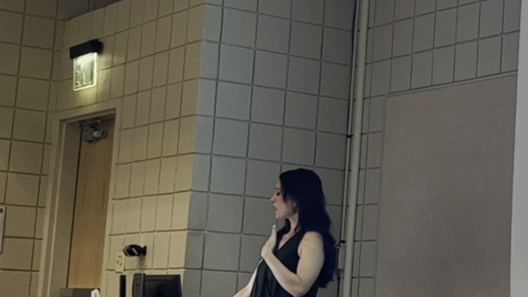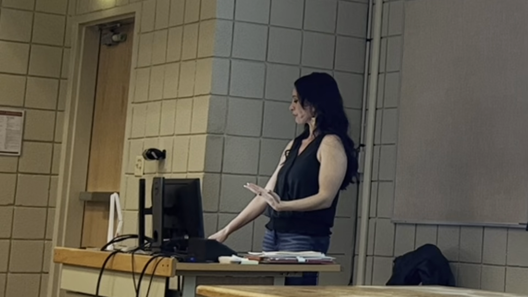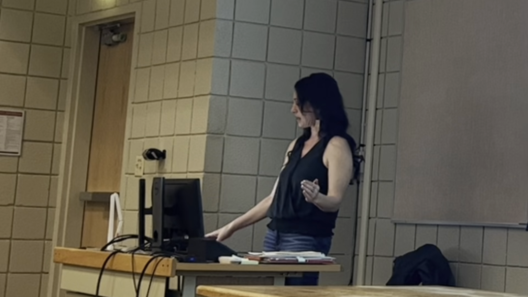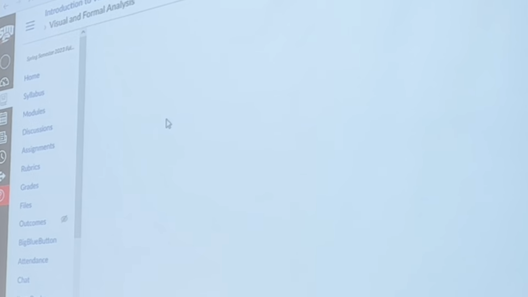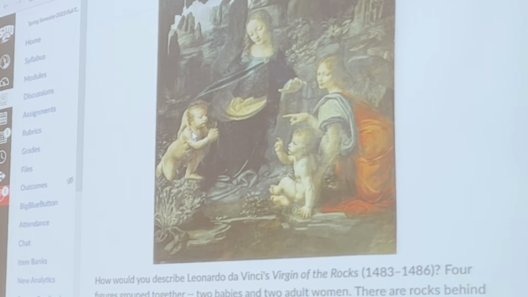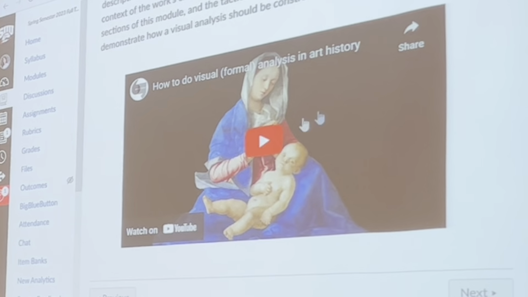So you're going to pick a piece of artwork, and you're going to do a little history on that artwork. It's going to be a Renaissance artwork, blocked into any of these time frames. You're going to write an essay. It's going to be a visual analysis. So let me show you what a visual analysis is. Let's talk about how you do a visual analysis, and I'm going to show you this